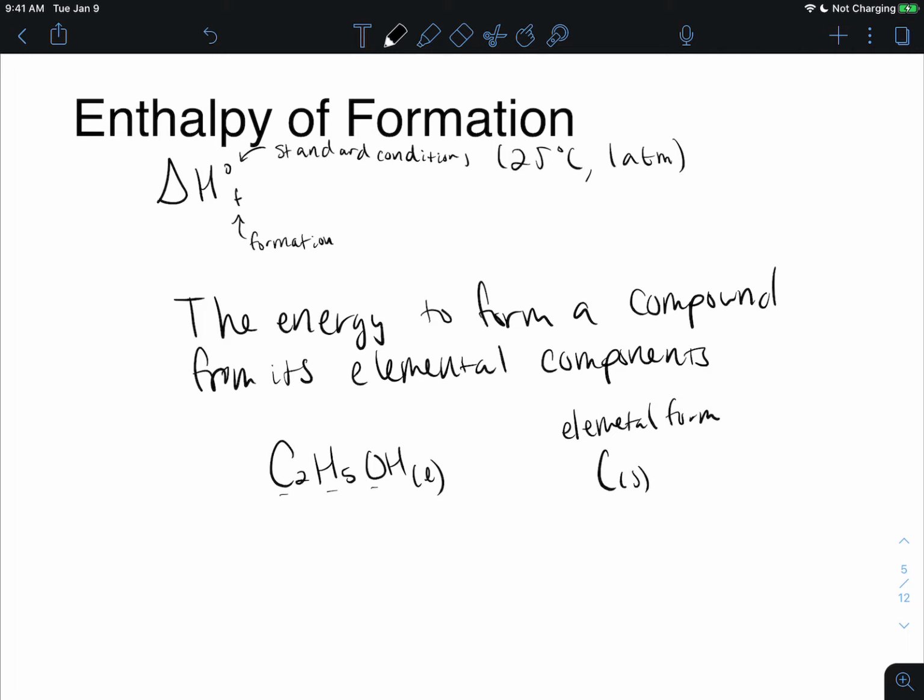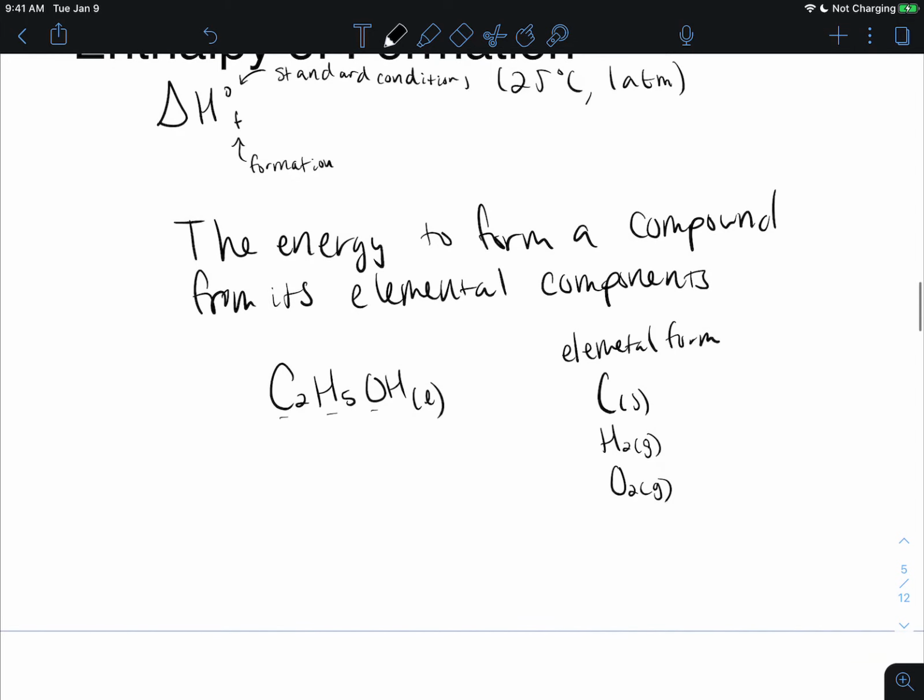The elemental form of hydrogen is hydrogen gas. And the elemental form of oxygen is oxygen gas. So our elements are going to combine to give us ethanol. So we take our carbon solid plus our hydrogen gas plus our oxygen gas combines to form